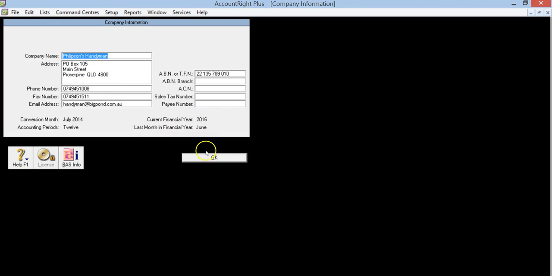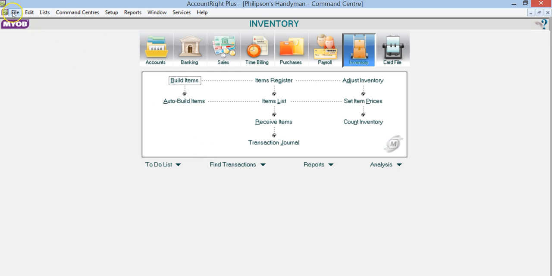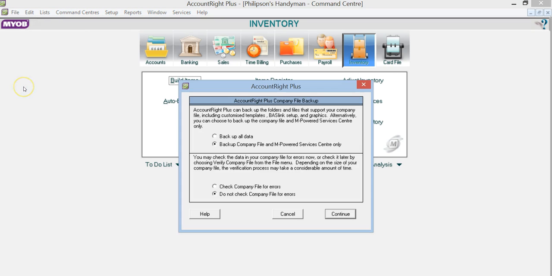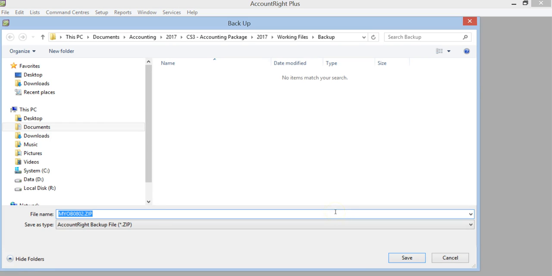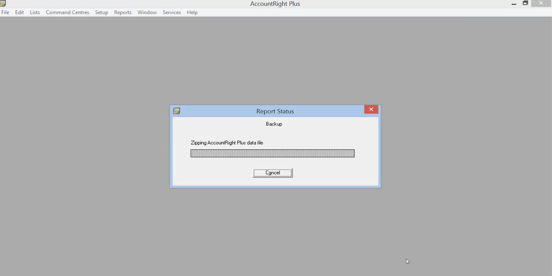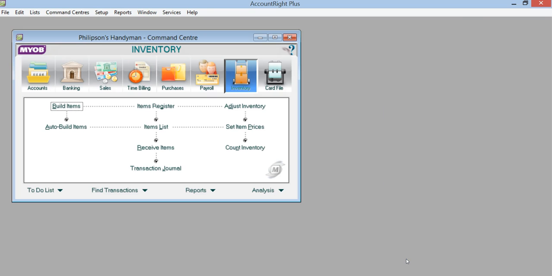Company information, still 2016. Right, okay. File, Backup. Okay, continue. Don't crash on me. Thank you. Okay, and back up your file. For you guys in your exam, it'll be My Documents. For you working at home, just go with whatever they're telling you there in the default setting. Hit save, and we now have a backup of our data as at the 30th of June 2016,